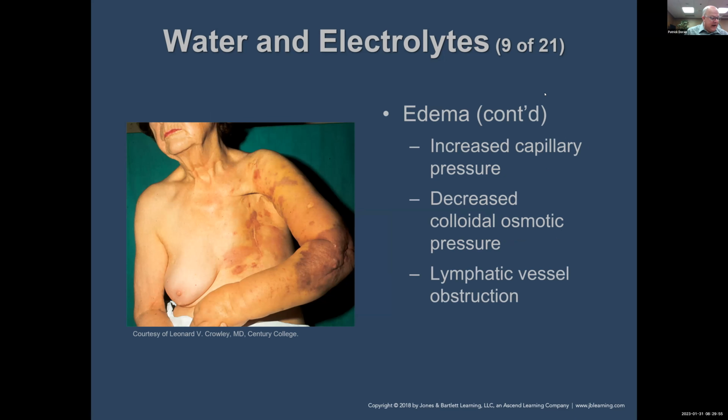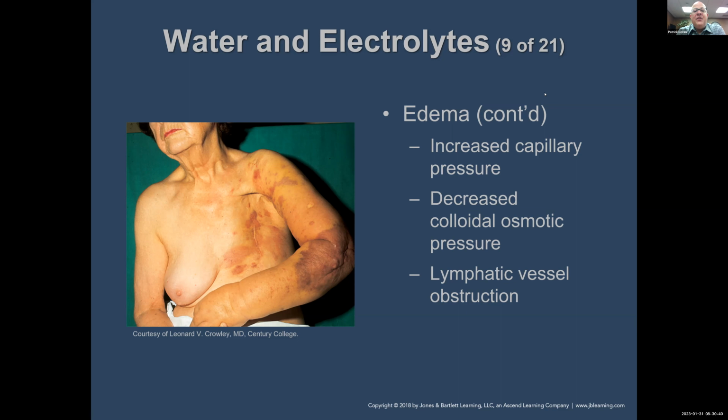So this is going to be a picture of edema in the right arm, or left arm, excuse me, left arm. This is an elderly woman who had a unilateral mastectomy. Although this talks about edema, it's not going to be the same type of edema that we would see necessarily in the legs. This is going to be lymphedema. And this is due to a disruption in the lymphatic system, which is essentially the third circulatory system of the